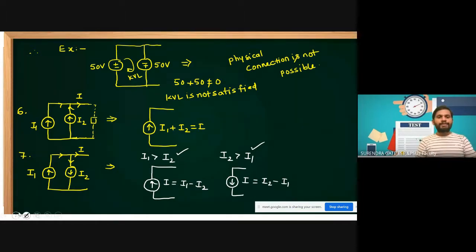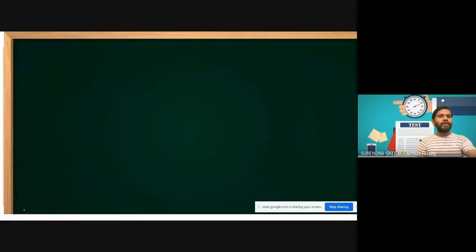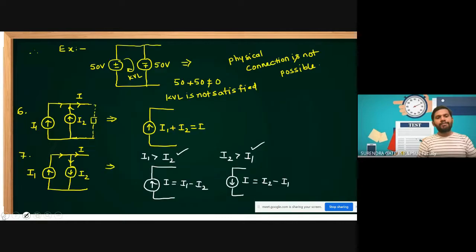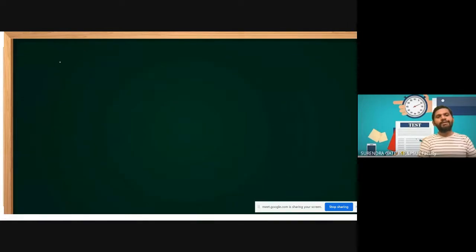Understand? Yes. For example, next I am giving one more equivalent circuit, friends. Please concentrate. Now this is number 7, next is 8, with respect to current sources. For example, two current sources are connected in series. This is I1, this is I2. Then it is equivalent to a single current source.